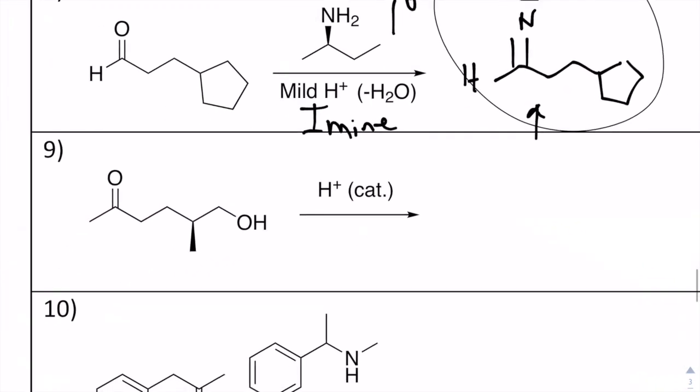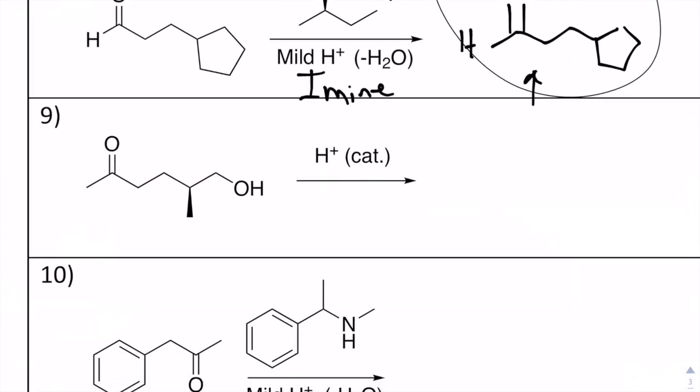All right, let's move on to number 9. So again, we have an alcohol-based nucleophile located in a chain in close proximity to a carbonyl group. So you should immediately think intramolecular ring closing. If I were to number my carbons here, I have that. And the purpose of the acid, again, is to protonate that carbonyl to make it more electrophilic. So if I were to draw a ring,